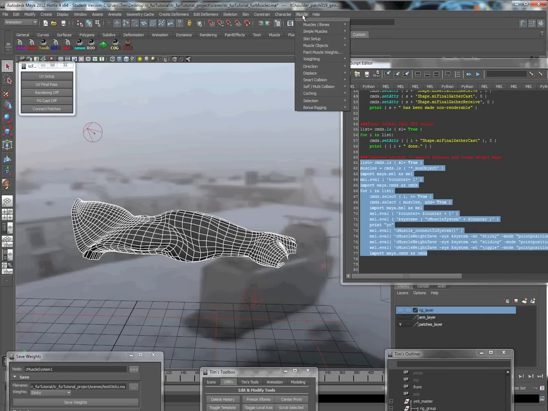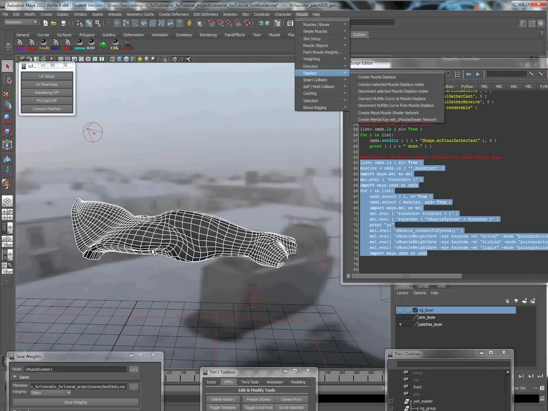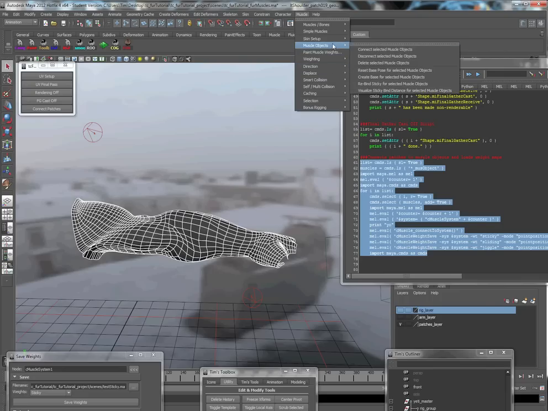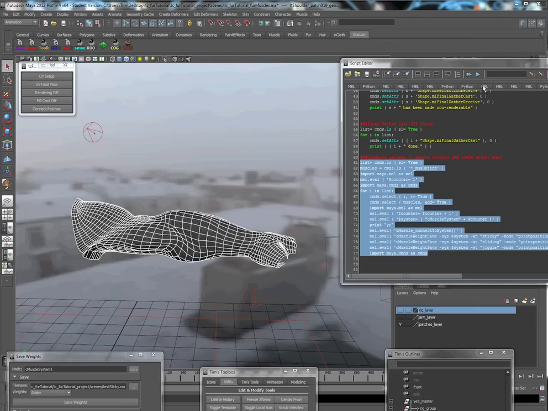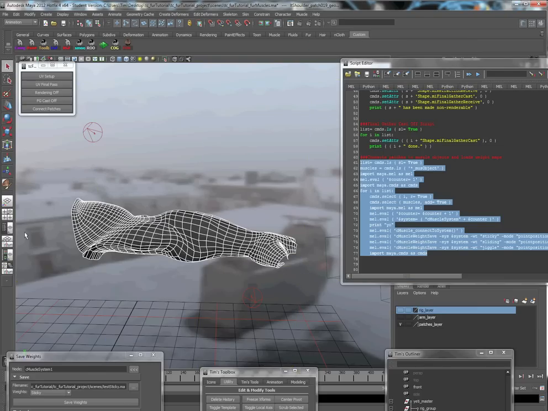and connecting those muscles, if you were doing that by hand, you would come up here to muscle objects, connect selected muscle objects, select the patch last that you're connecting them to. All of the muscle objects that I showed earlier, and then your patch last, and then connect selected muscle objects. What the script will do though is if I select all these just like I did earlier, because it'll all be in the same order, I can just run this and